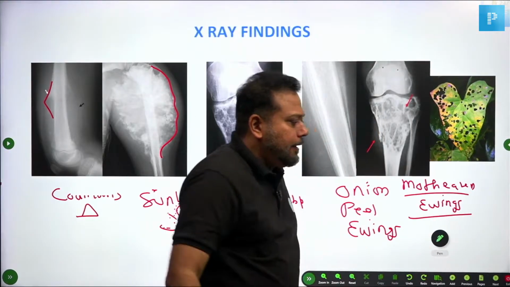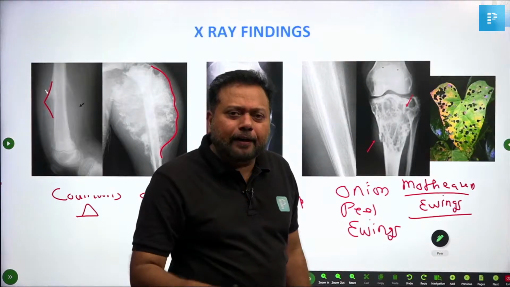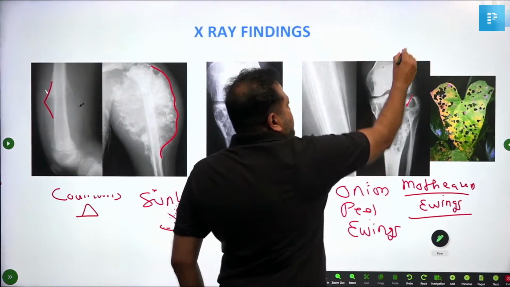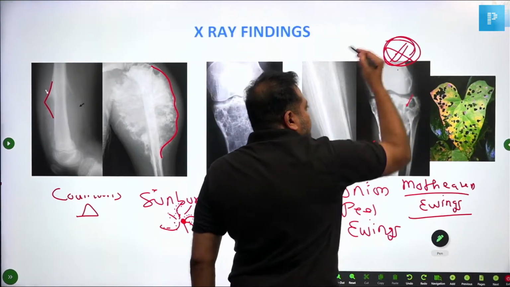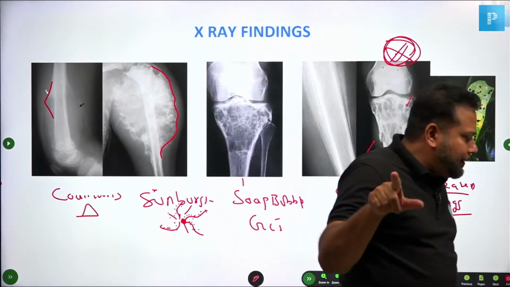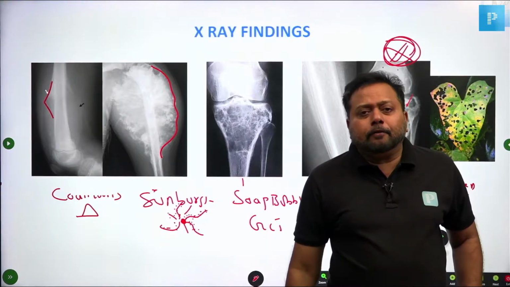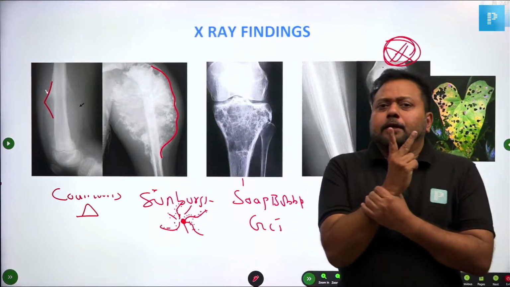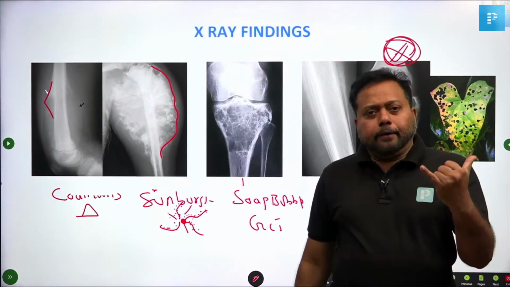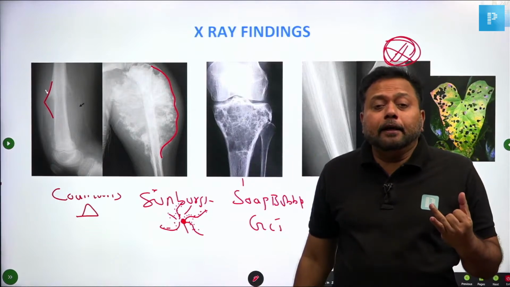See, dear friends, I want you to stress a point. The only unasked X-ray finding in bone tumor is this. So, if at all they want to ask a new question, this should be the question: moth-eaten appearance of the bone. If they ask a question on moth-eaten appearance of the bone, only two causes are there in ortho. Number one, Ewing's sarcoma. Number two, don't forget yaws.